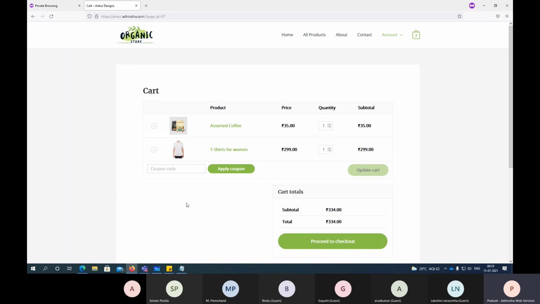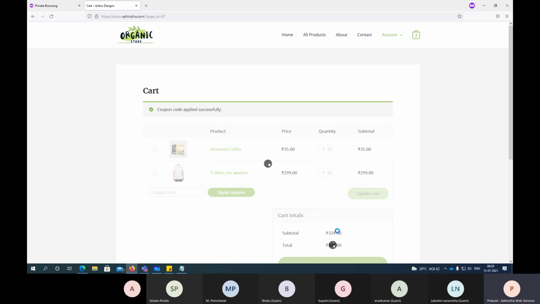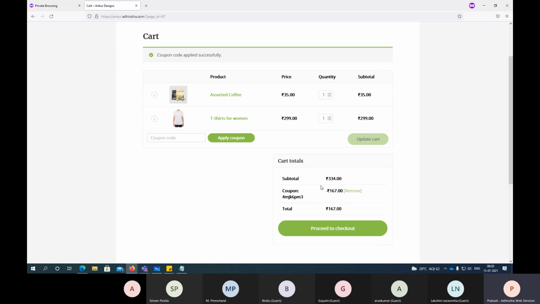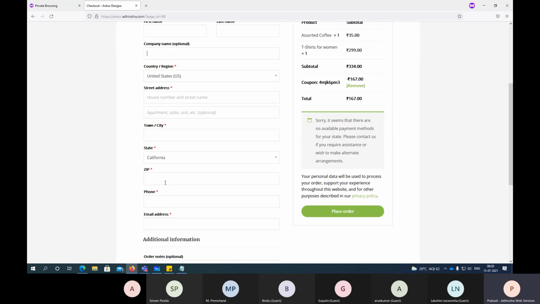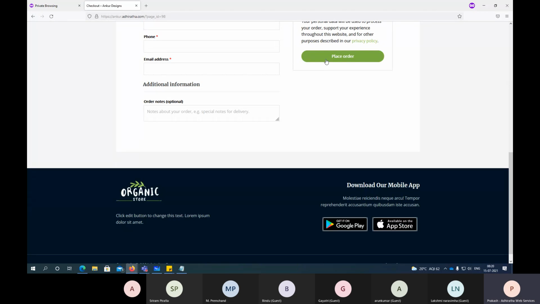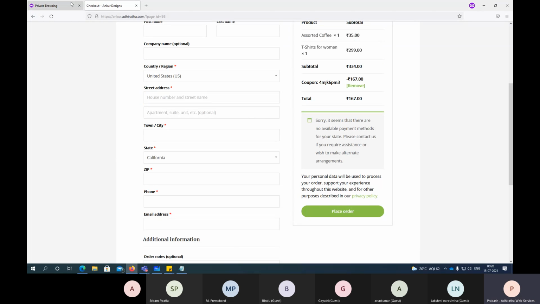So when you present it in your advertisement, people can copy that coupon. See, the total amount is so much. They got a 50% discount. Now I have to pay only this much, 167. So proceed to checkout. I'll give my home address and all the details and place order. If you have your payment gateway, like in the other settings I showed you, you can link to Razorpay, Paytm or something like that. We can partner with them and click on place order. That's it. Your shopping site is ready.